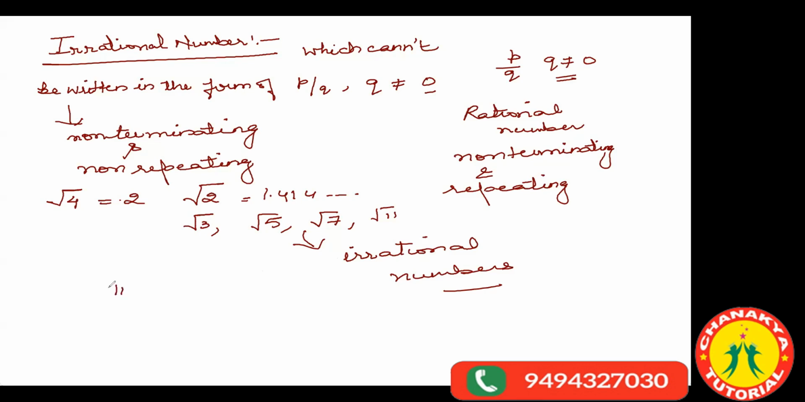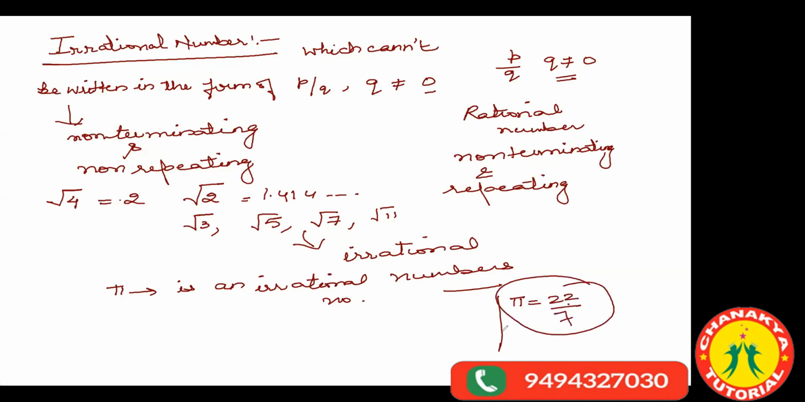And one more thing, pi. Pi is an irrational number. But when you are asking about the value of pi as 22/7, then this is a rational number. When you are talking about the symbol pi, then this is an irrational number, because when you are converting 22/7, it will be 3.14 and so on, then it will be an irrational number. Clear, children? And if I am talking about root 15, so again this is